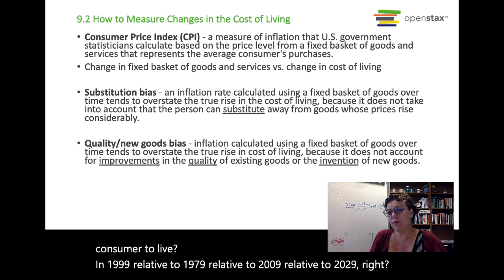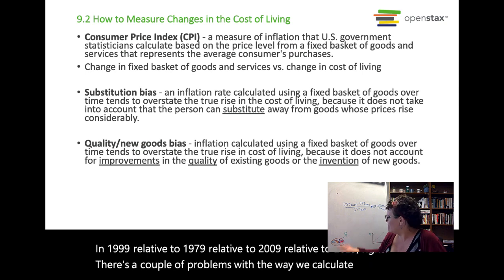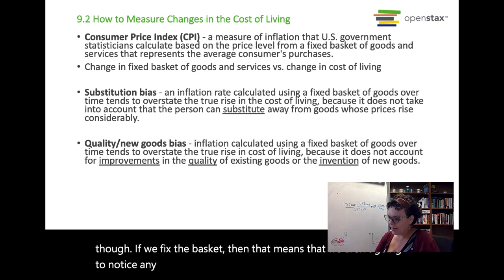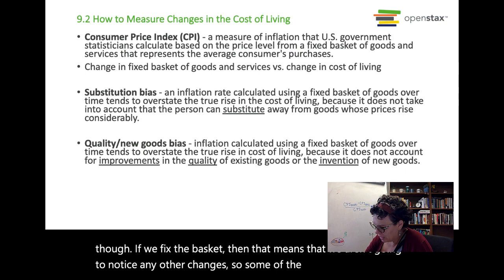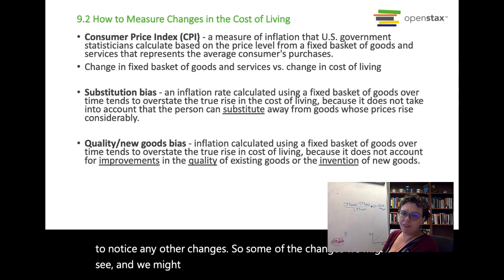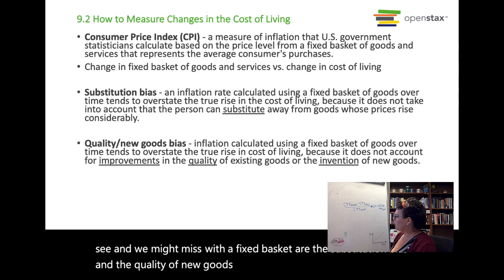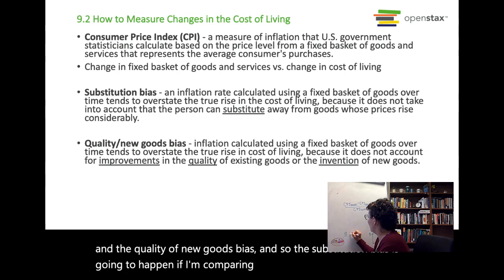There's a couple of problems with the way we calculate this, though. If we fix the basket, then that means that we aren't going to notice any other changes. So some of the changes we might see and we might miss with a fixed basket are the substitution bias and the quality and new goods bias. And so the substitution bias is going to happen if I'm comparing an orange